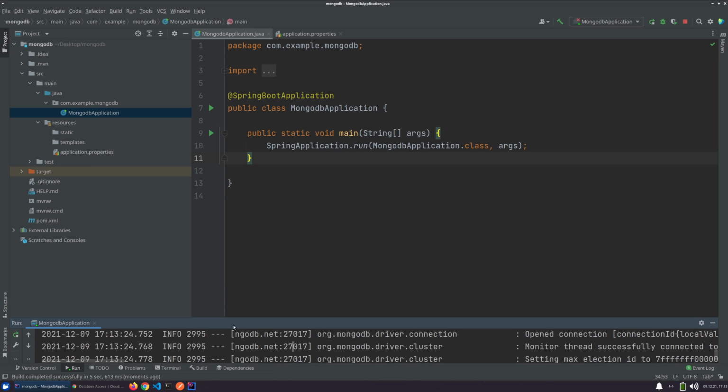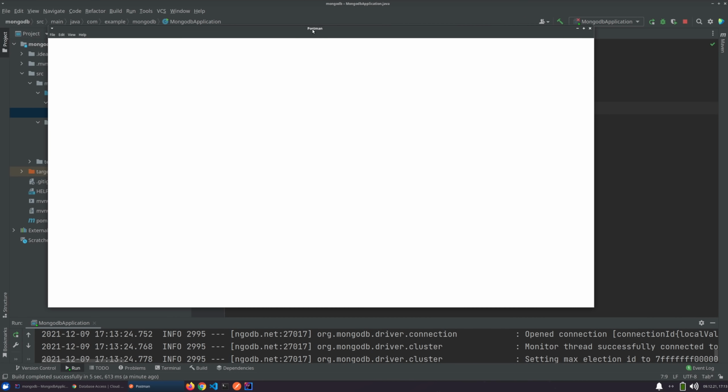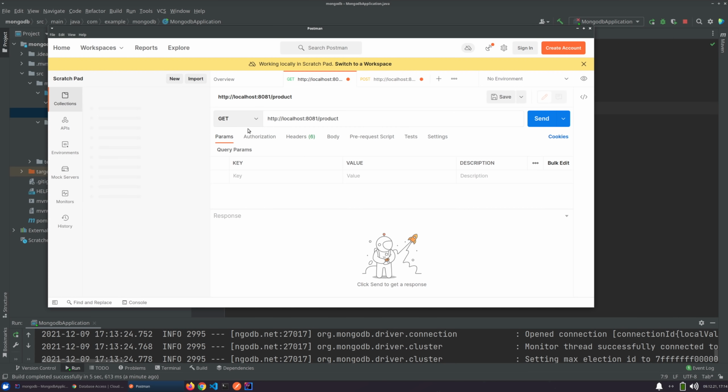And I just want to open Postman, because we're going to be using Postman to access our database. So let me open Postman and get it ready, because we're going to be using it to test our API. Let me see if I have anything open from before here. I think I probably have something. Yes, I have some product things, but